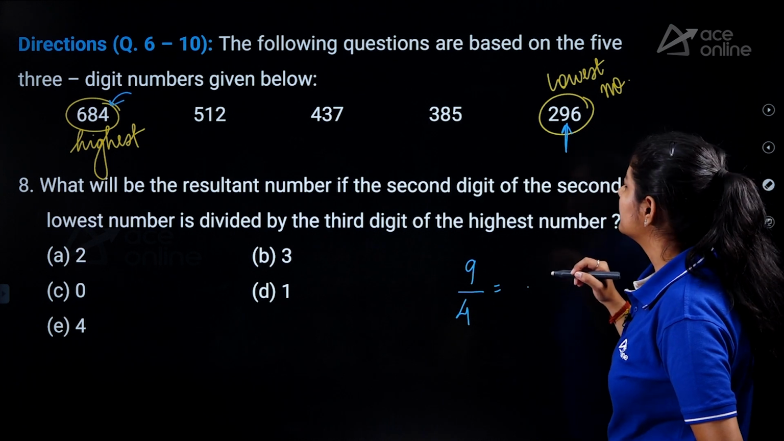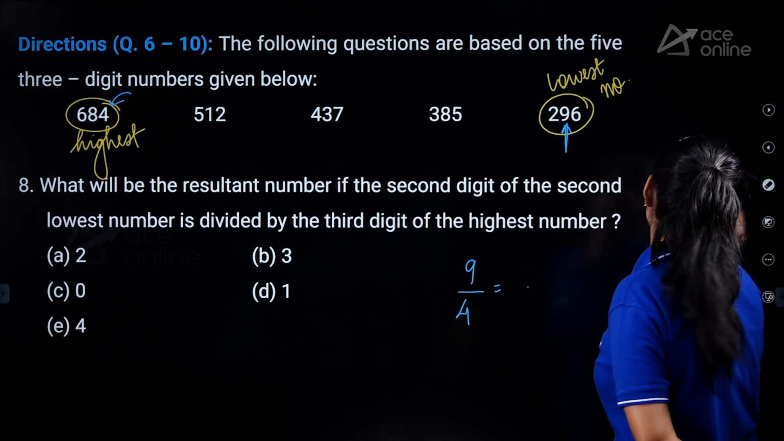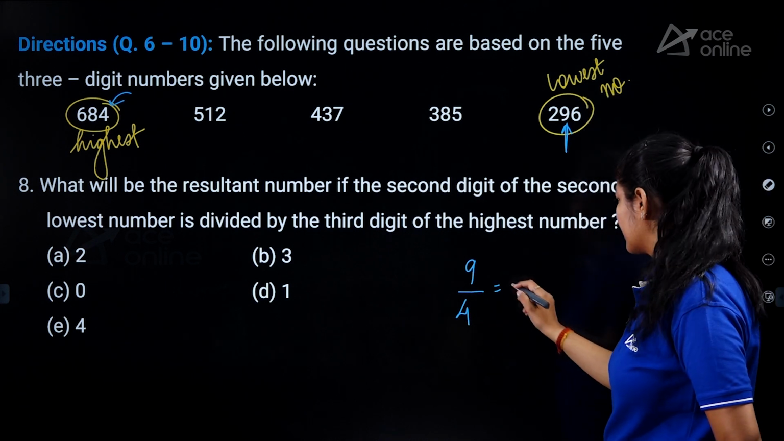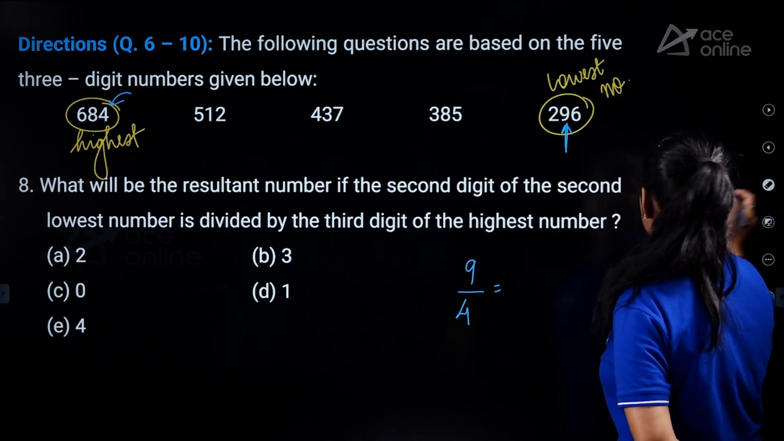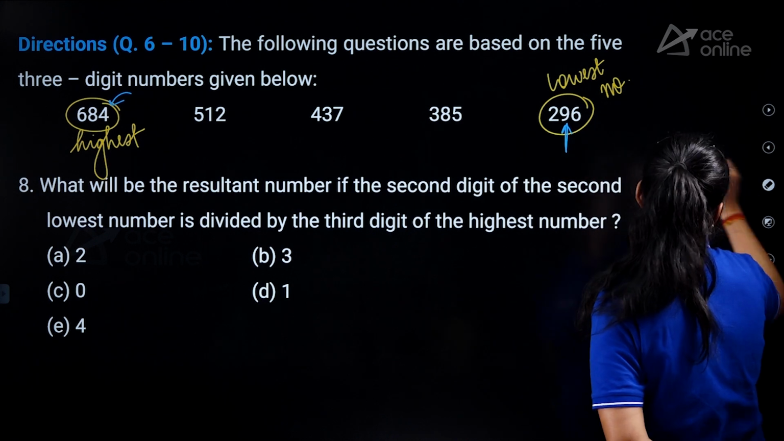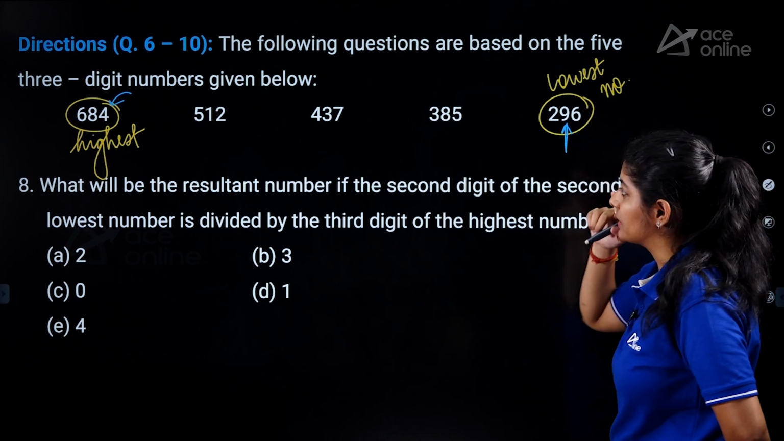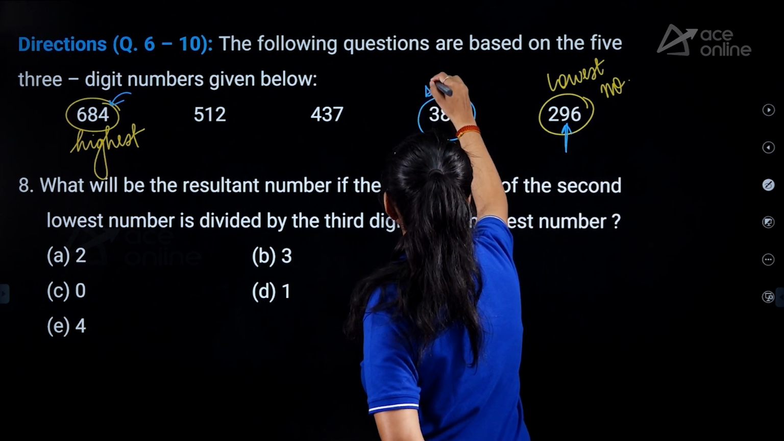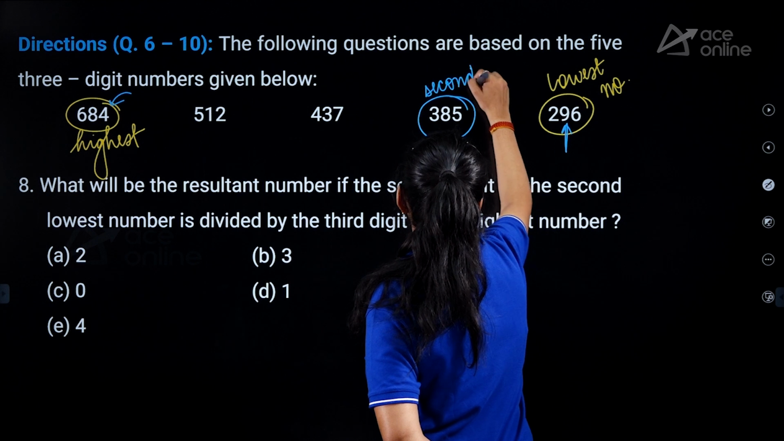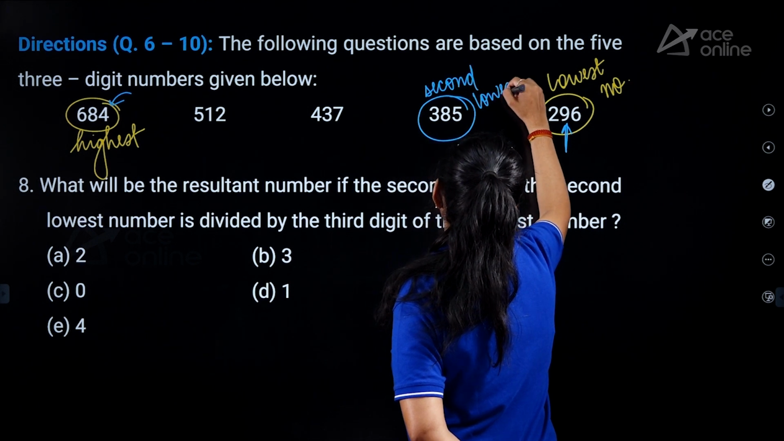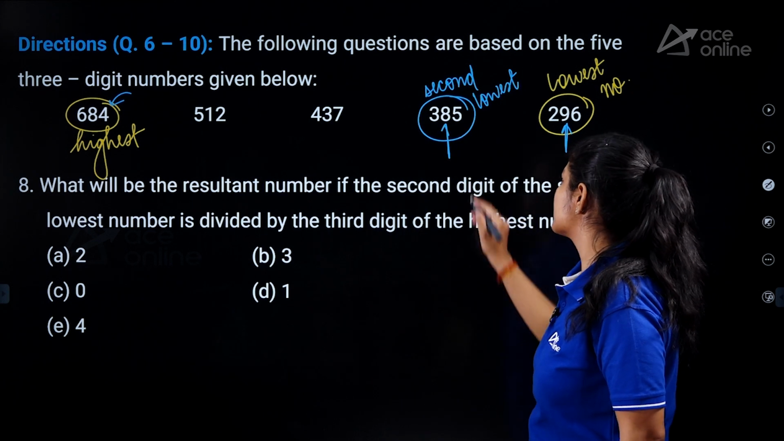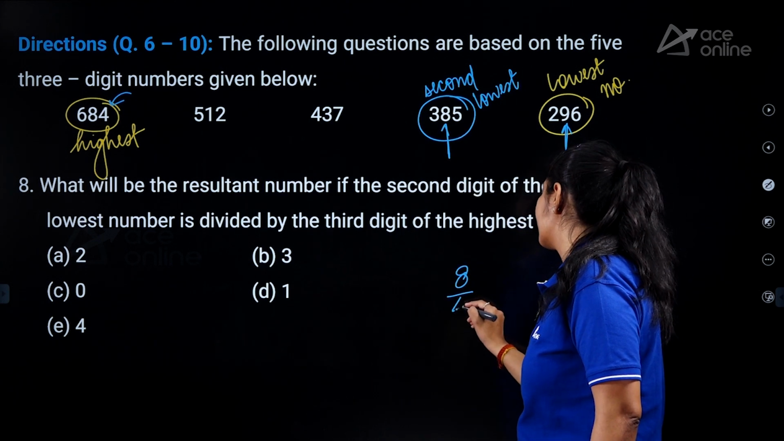Wait. Second digit of the second lowest number. Yes, that's why I'm thinking why we are not getting the exact answer. Here this is not the correct answer. Here we have to take the second lowest. So if we go to the second lowest, this is the second lowest. So here the second digit of the second lowest number is 8, and if 8 is divided by 4, we